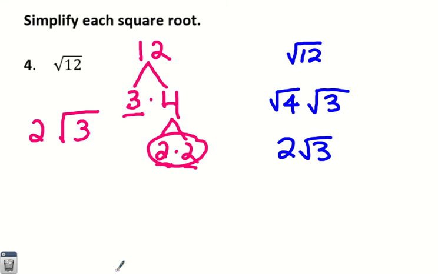A little ending side note on my method: I could have broken this up as root 6 times root 2, right? But that wouldn't have gotten me anywhere, because I can't do that and I can't do that. So I wouldn't break it up like this, even though that's a legit way to break it up. I'd have to break it up into something I can actually do as one of them. Okay, so